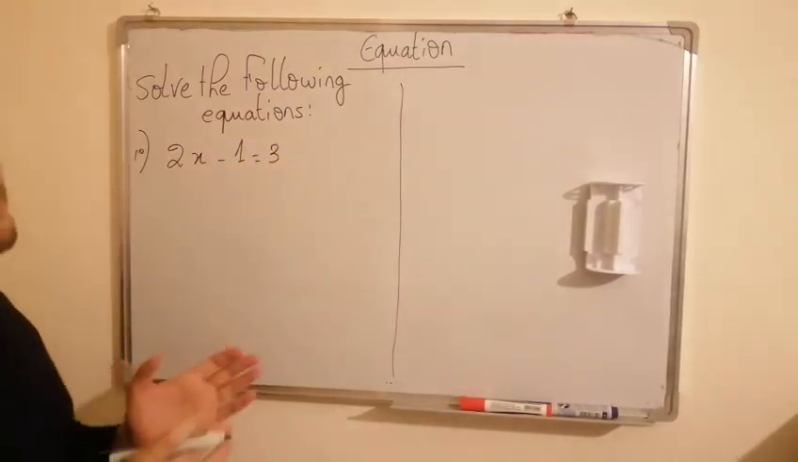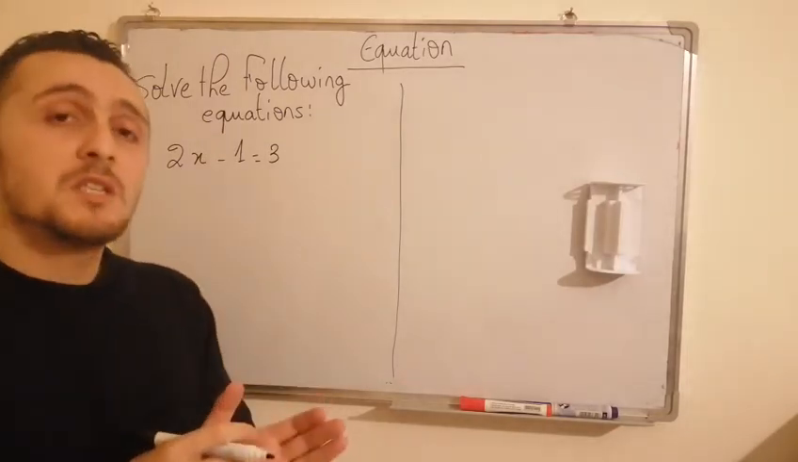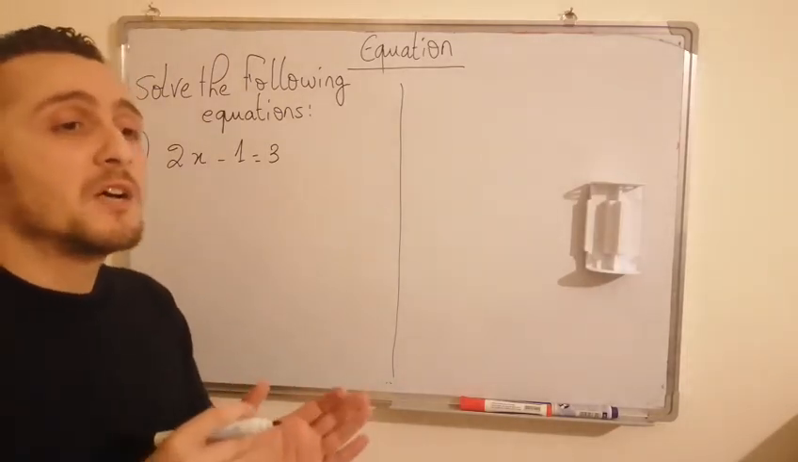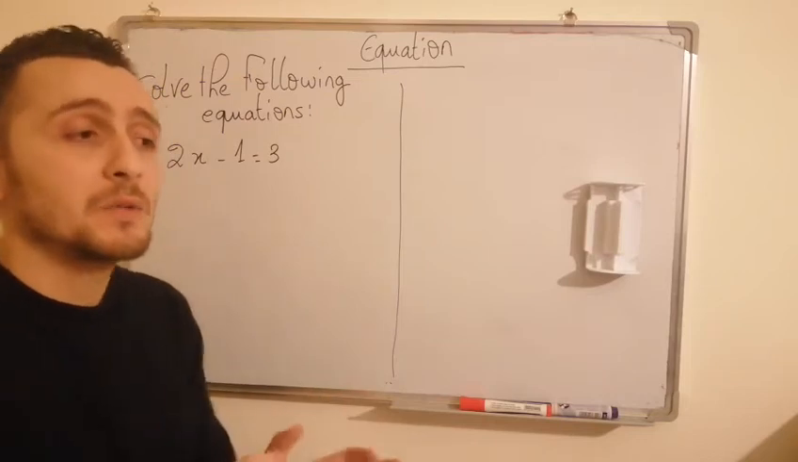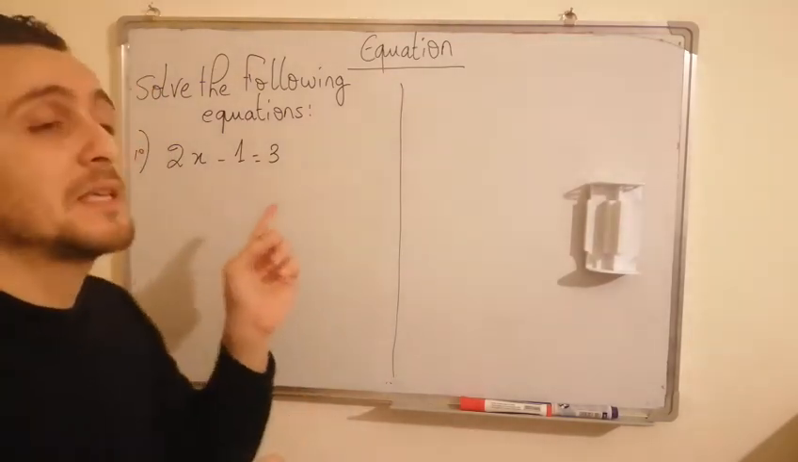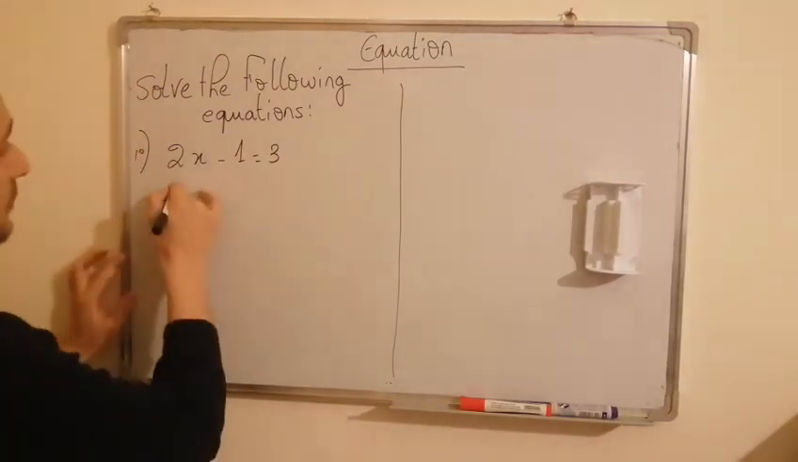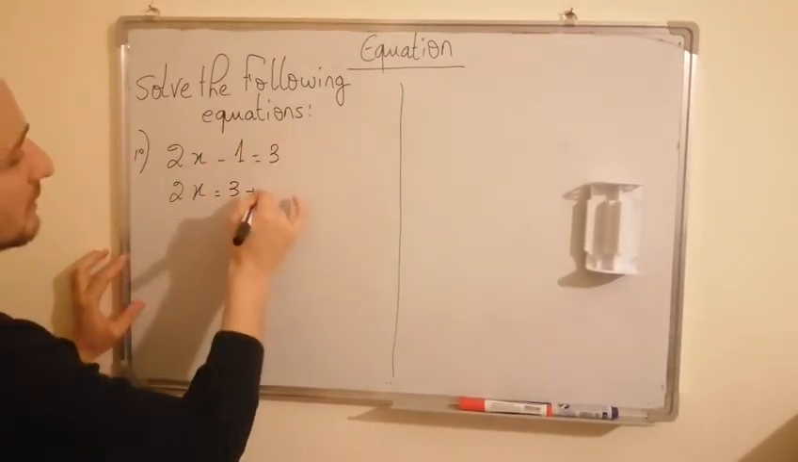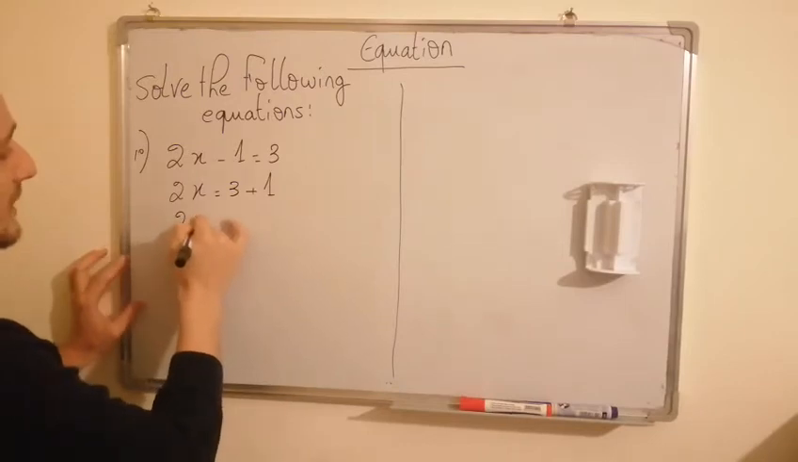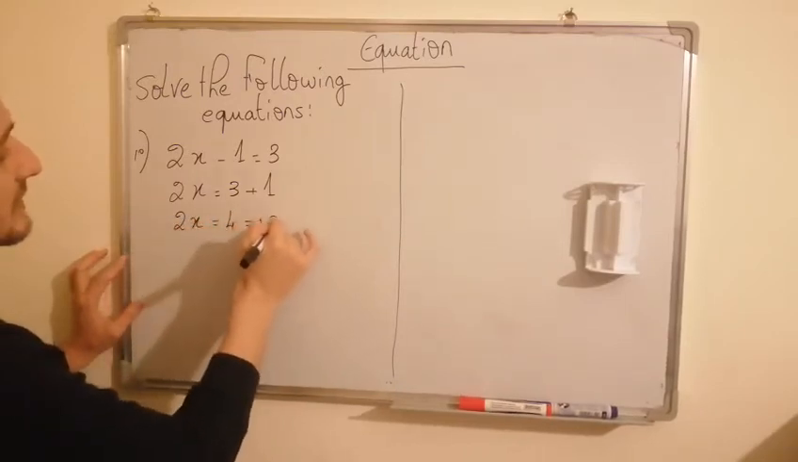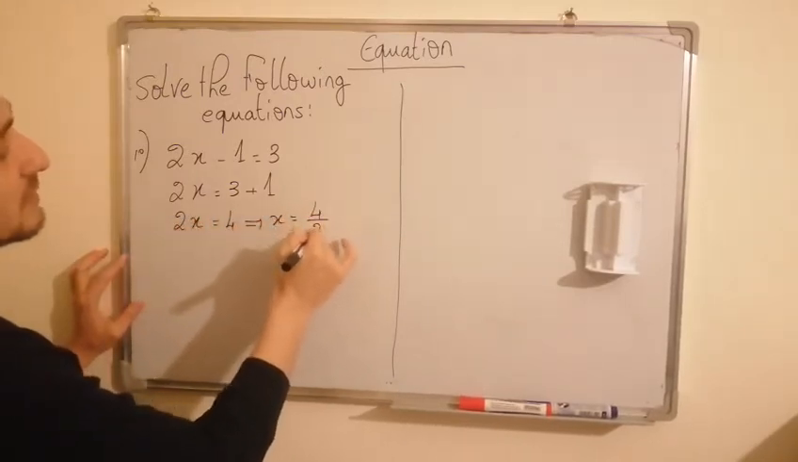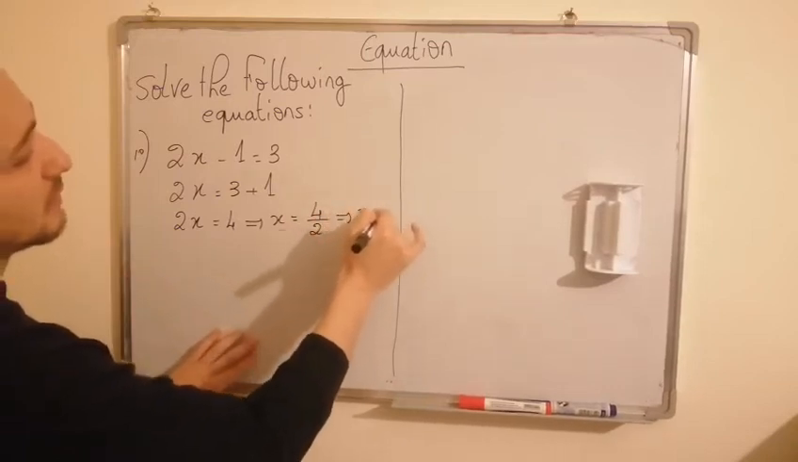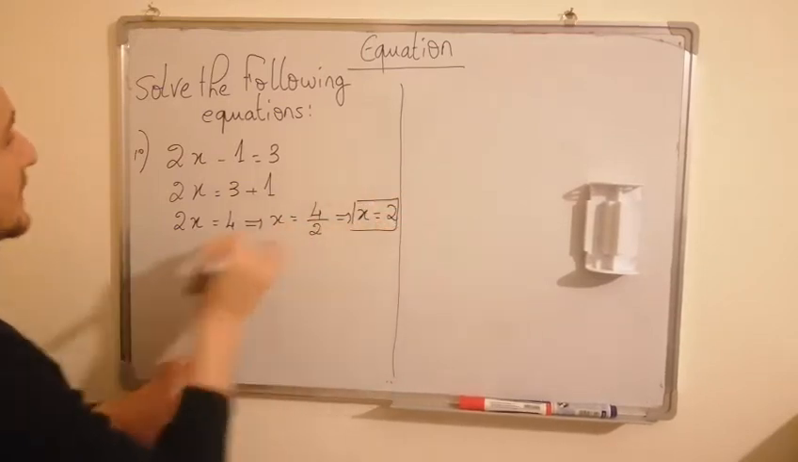When the question is solve an equation, I mean we have to find the value of the unknown. In this case, the unknown is x. 2x equals 3 plus 1. So 2x equals 4, then x equals 4 divided by 2, then x equals 2. Second equation,